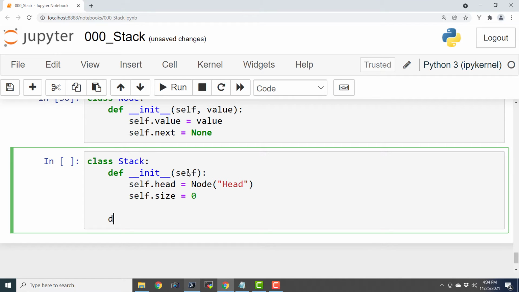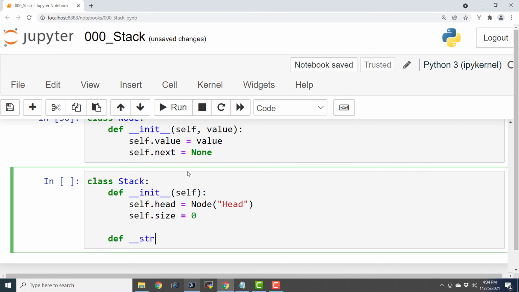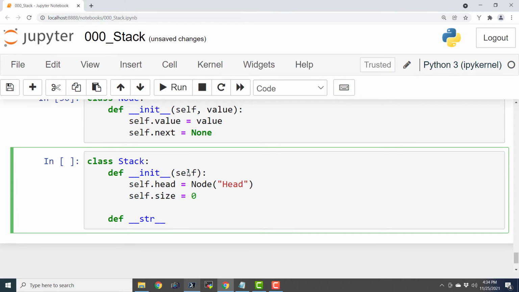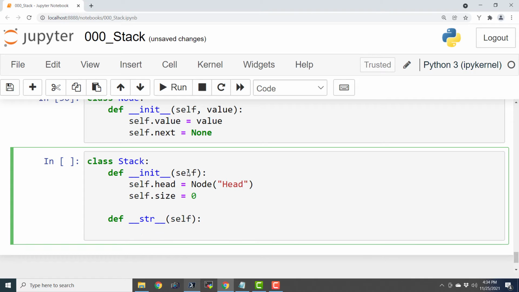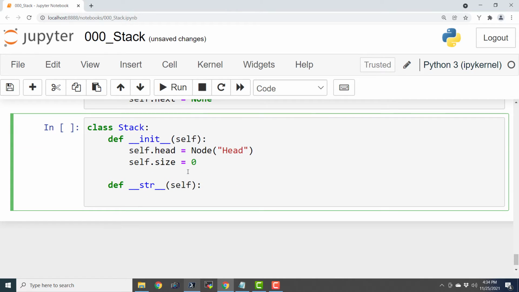Now I'm going to say def __str__. So this is the function that is used when we use the print function and pass the object of the stack to it, and it is going to print in the format of a string. Because this is a custom data type, we have to customize the print method for it.